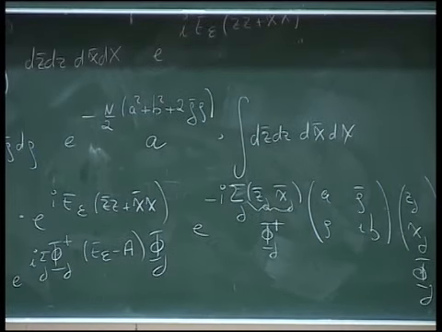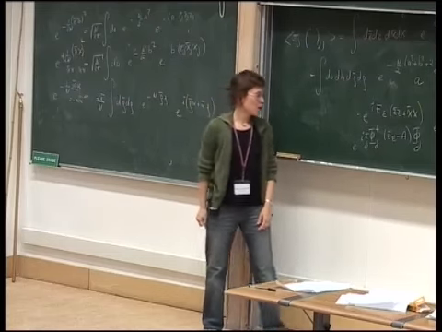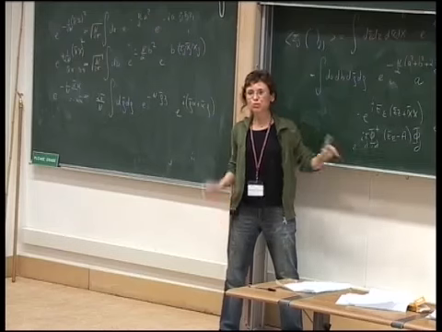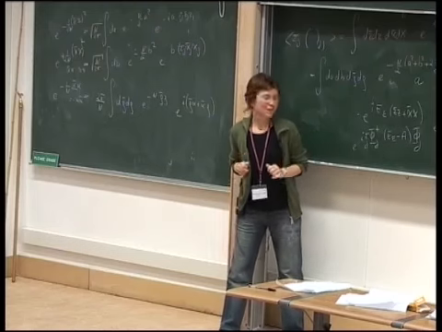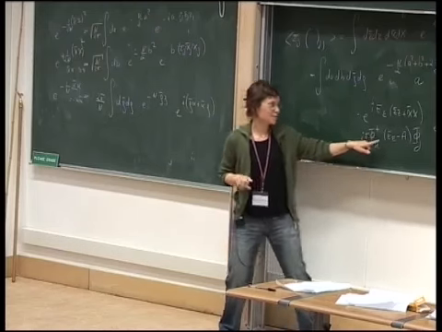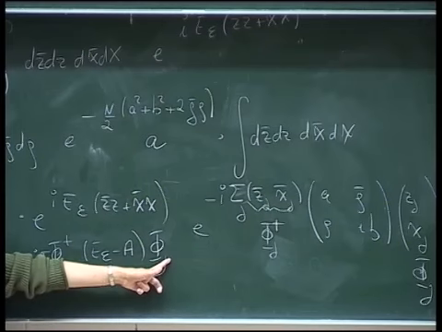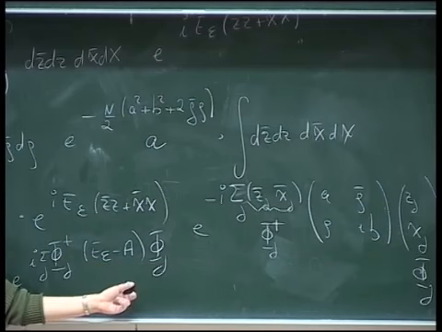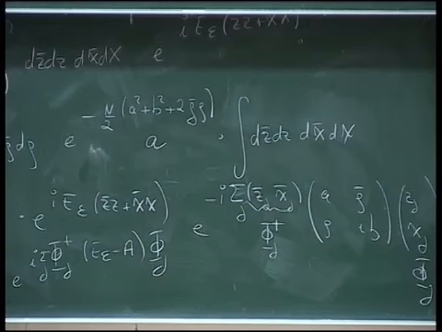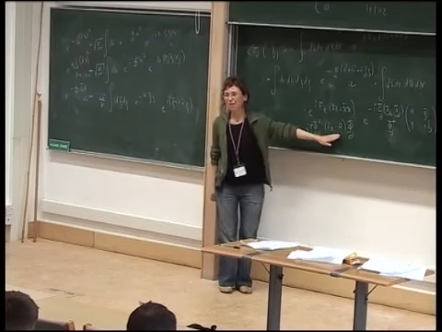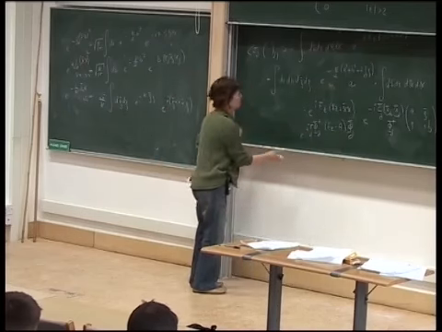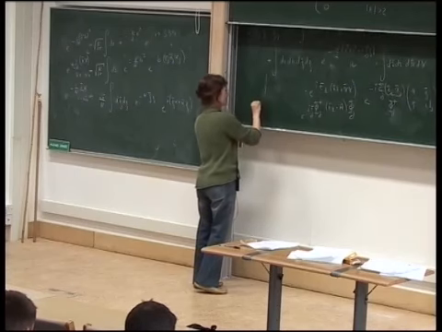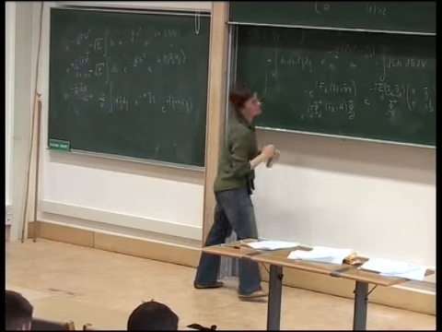Now, you know how to do Gaussian integral with ordinary vectors. Well, it turns out you can do Gaussian integral with these super vectors. Now, when you do a Gaussian integral, and here you have z bar and z, the result is 1 over the determinant of this. Well, in the generalization, what you get is 1 over the super determinant of this matrix.